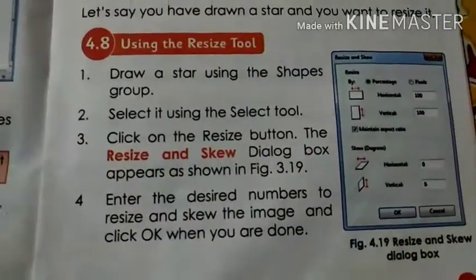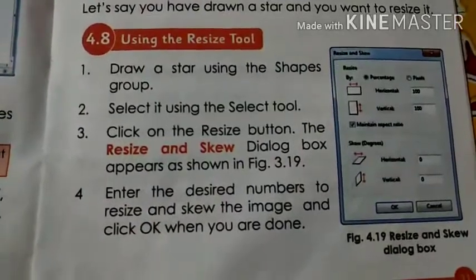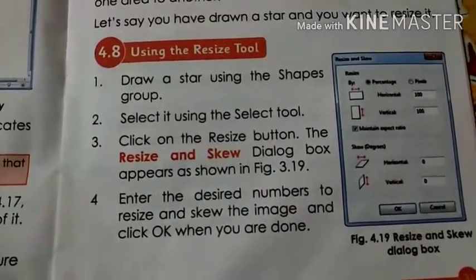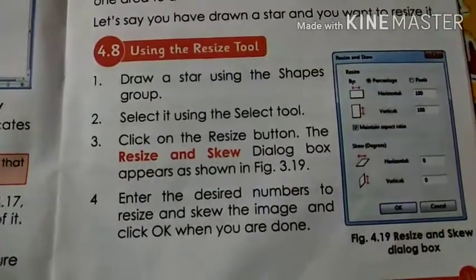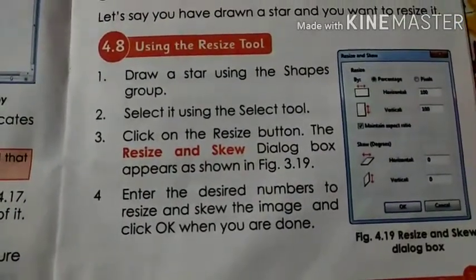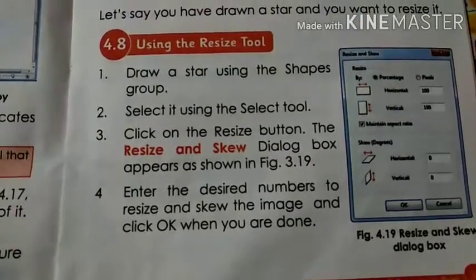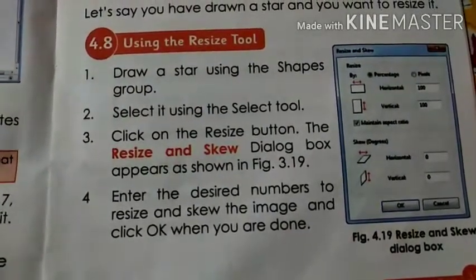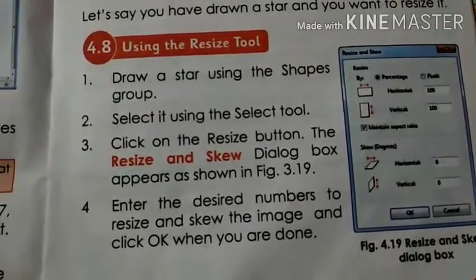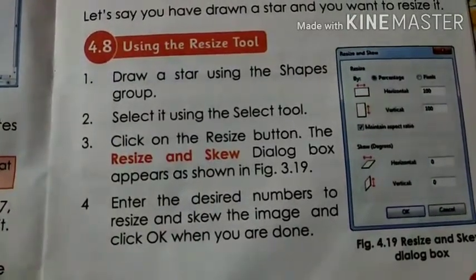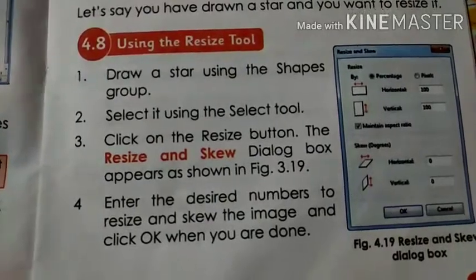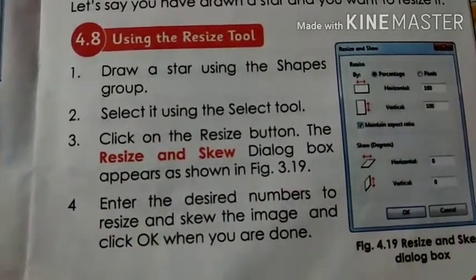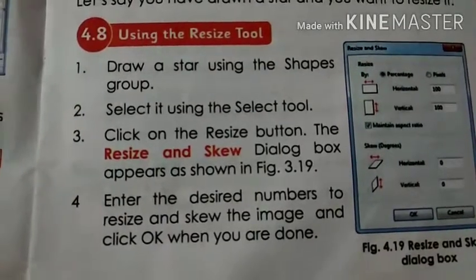So as of now we have learned about many things, many features, many tools of MS Paint. We have learned how to add shapes, how to add text, how to edit in MS Paint. We have learned how to use the editing tools like cut, copy, paste. In the last lecture we learned how to use the select tool, how to select content, a picture or a shape from an MS Paint drawing, right?